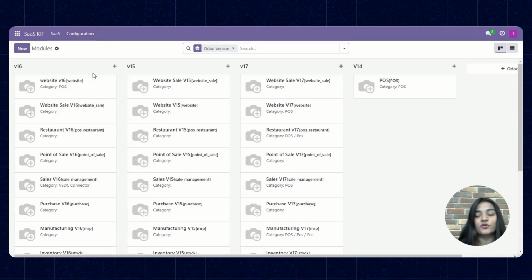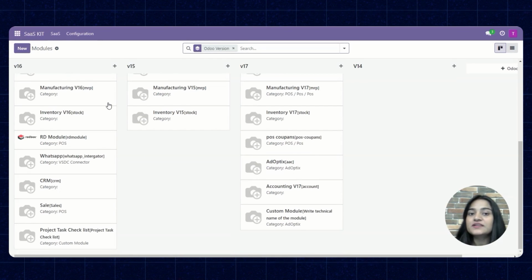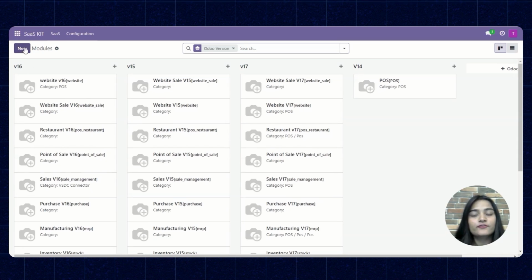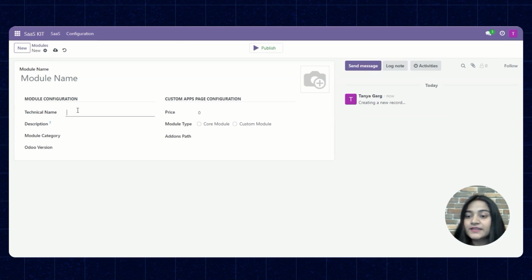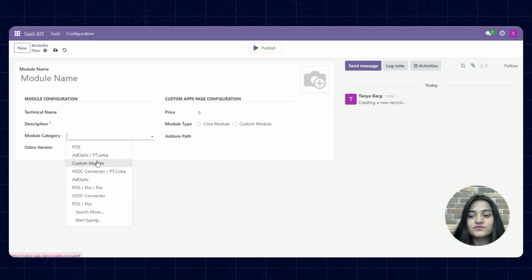Moving back, we'll see how we can create a module. So we'll click on this modules option, and here you can see the list of the modules which are already there as per the versions. For creating a new module, just click on this new option. Write down the module name, the exact technical name of your module, description, module category you can choose from the drop down, Odoo version,